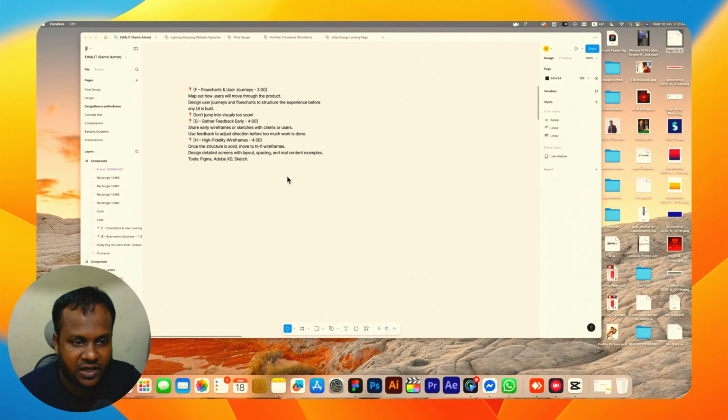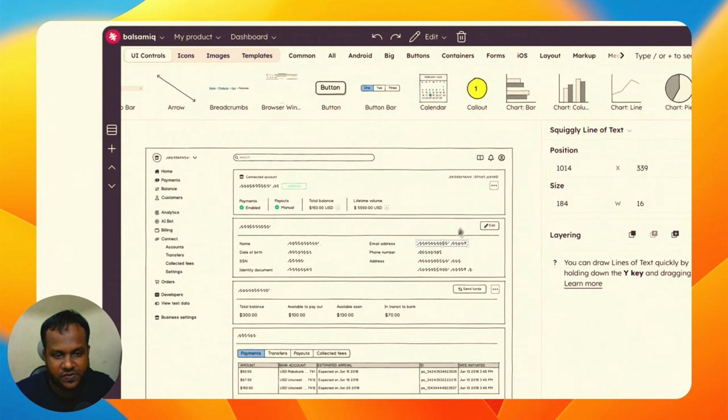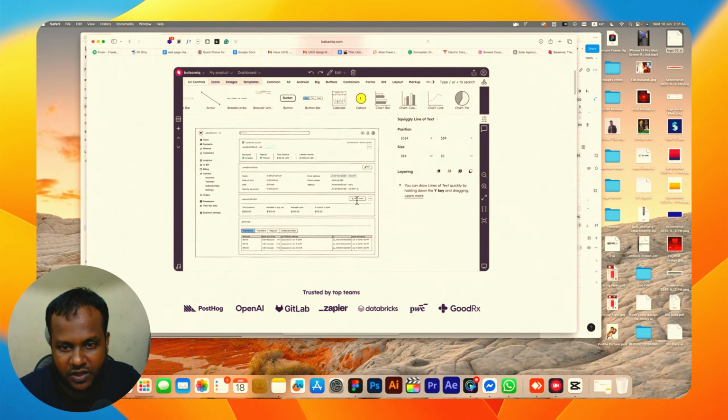For wireframes, we can use Balsamiq or the Figma default option. In this case, I prefer Figma. So here is the Balsamiq side. This is for the wireframing. I think wireframing is a great step. And then we can